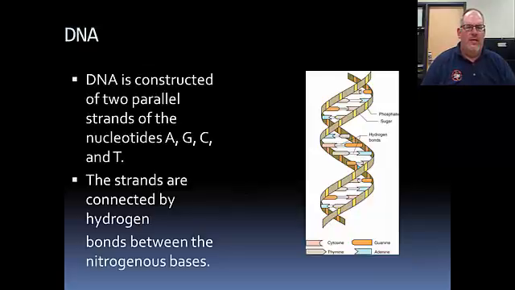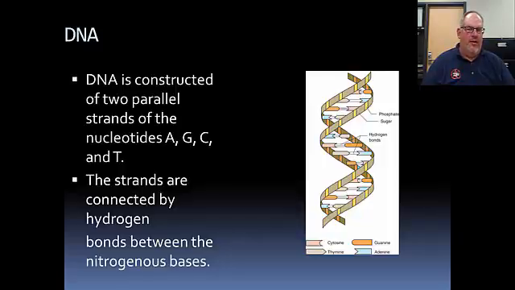Main thing to know about DNA is that DNA is really unique in its structure and the fact that it's double helix. So it's actually a parallel strand hooked to another parallel strand, and they actually wrap and twist around each other. They're like braided together with DNA. And these things are quite large, long molecules. And there's an immense amount of information that's actually stored within one strand of DNA. We're talking gigabytes that's actually being stored. So if you compare it to a computer, one strand of DNA can hold several gigabytes of information. So our DNA holds an unbelievable amount of information.